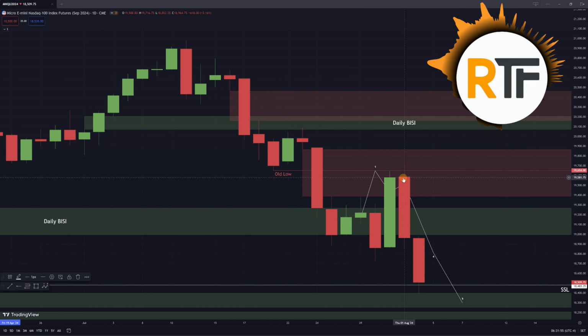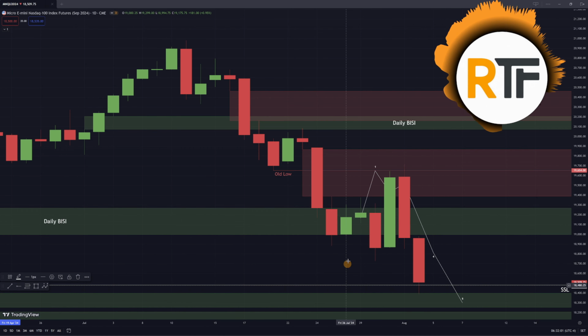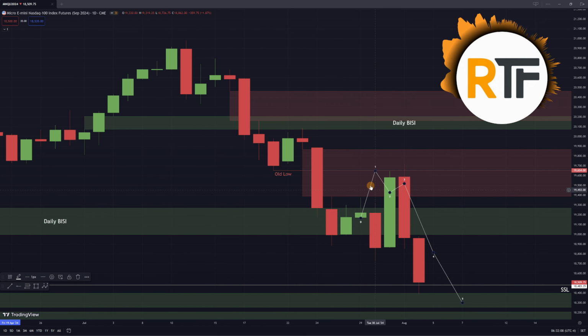We rebalanced this some, and then on Thursday and non-farm payroll Friday we dropped down, taking the sell side liquidity below a previous swing low. And you can see my drawing here how I thought price could behave, and it kind of did it, although we did get this pop up to the old low on Thursday rather than Tuesday that I thought it could happen. And then we came down and then we hit our sell side target.